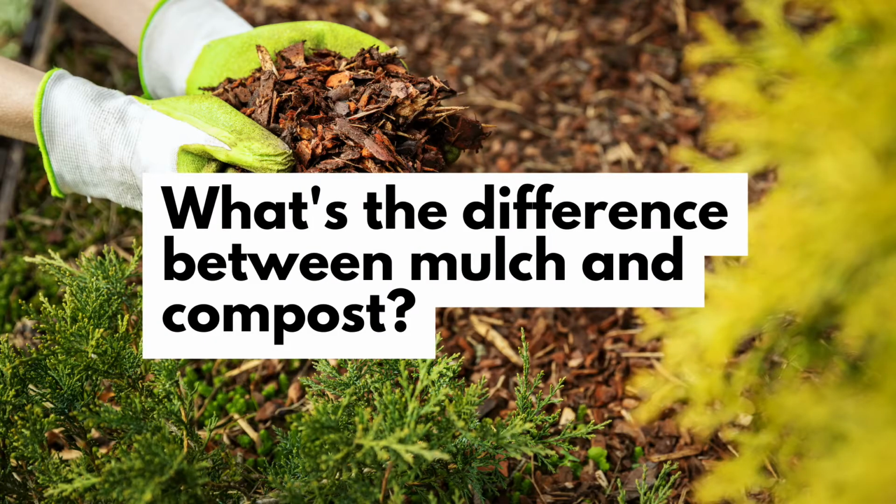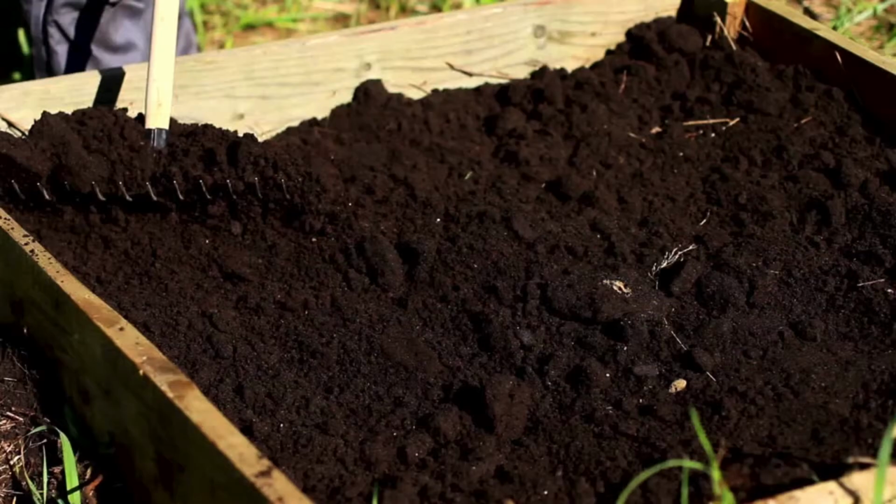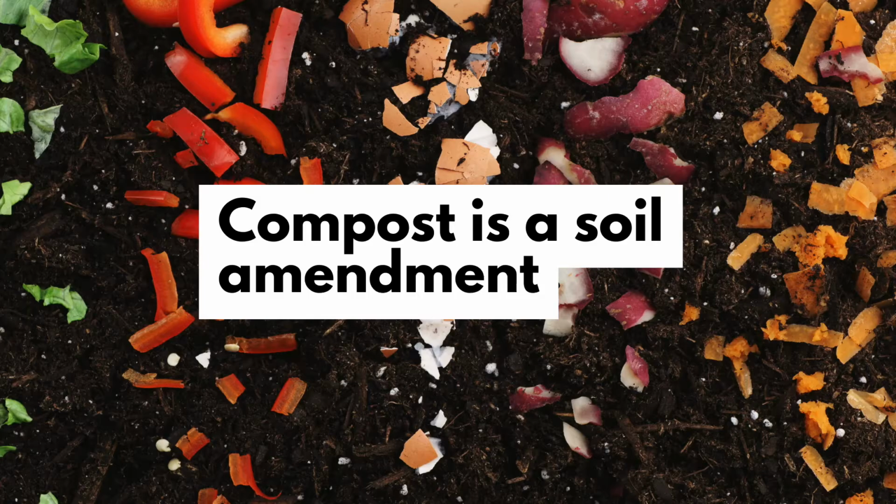Now, a quick and extremely important clarification. Do you know the difference between mulch and compost? Of course, sometimes the terms can overlap in different contexts, and sometimes people just use the word mulch as a verb. But in my videos, I'm going to be referring to two different things when I say the word mulch versus the word compost. Mulch and compost serve two different purposes. Compost is decomposed organic matter. It is soil. It can be decomposed or composted manure, yard debris, leaf mold, kitchen scraps, and so on. Compost is amazing. It is a great soil amendment when you need organic matter or certain nutrients in your soil, but it does not serve the same purpose as mulch.